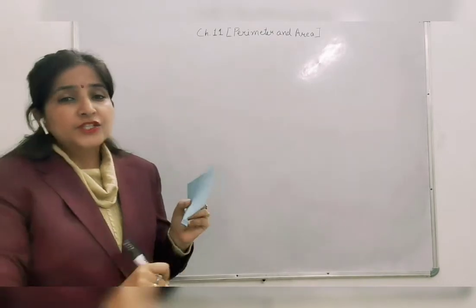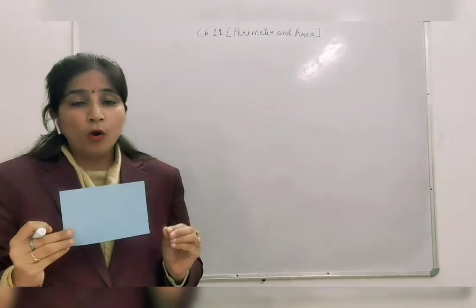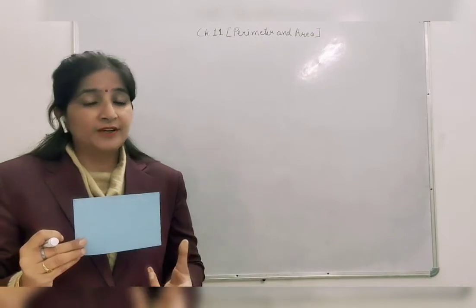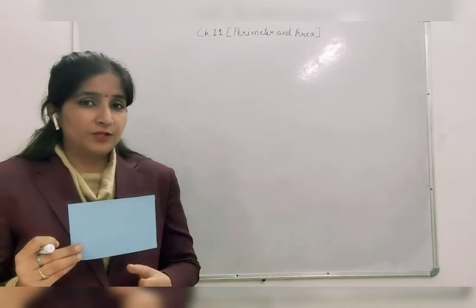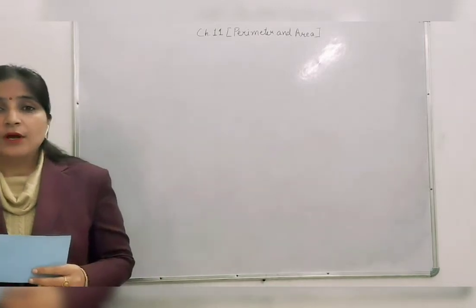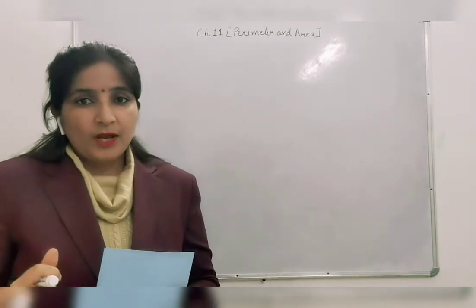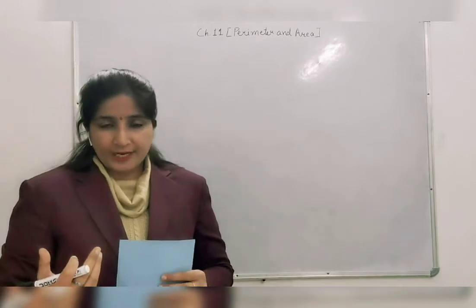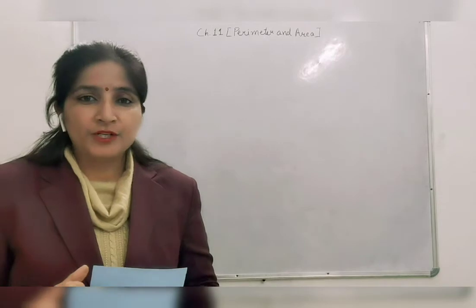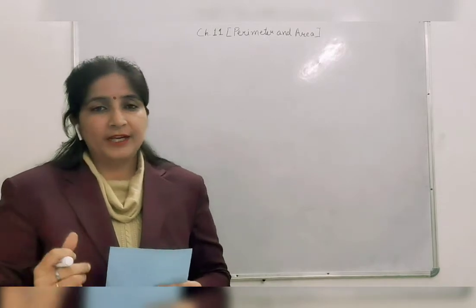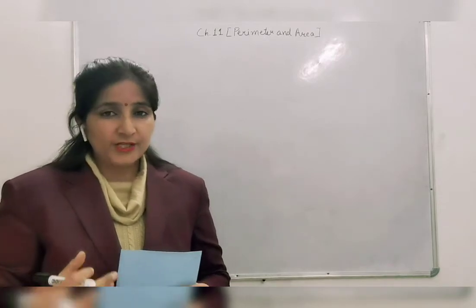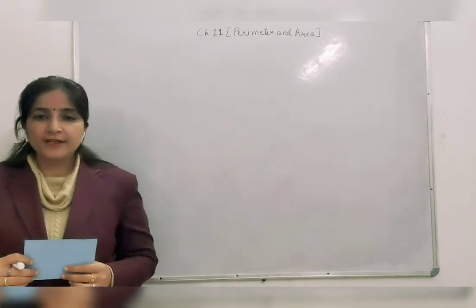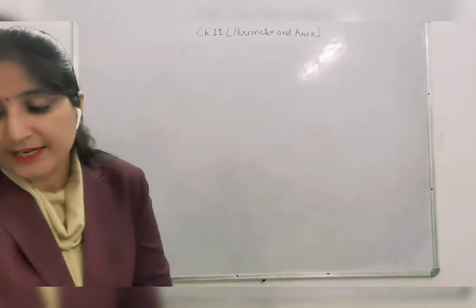Now just think: when we decrease the area, does the perimeter always decrease or increase? That we need to think about. So let me tell you, it can be both ways. We have examples. If we increase both the length and breadth of the rectangle, then obviously the perimeter and the area both will increase. But there are conditions in which the area can decrease and the perimeter can increase. Now what is that condition?